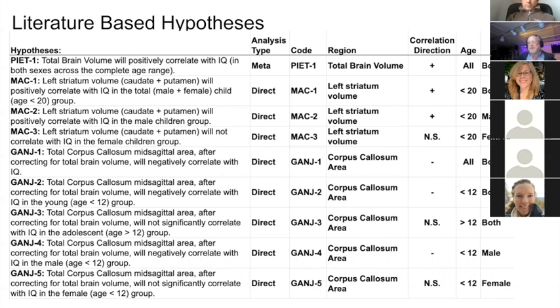And this is the same content, but just a little bit more geometrically aligned. So each of these hypotheses has to do with a particular brain region and its relationship to IQ, a correlation direction, an age subset, and a sex subset, from the sample of typically developing data. So these are the 9 hypotheses that we're going to try to do, in contrast to the existing literature, which